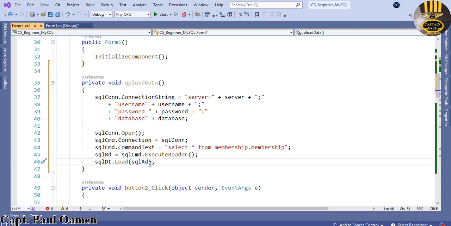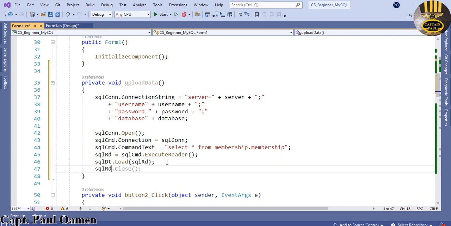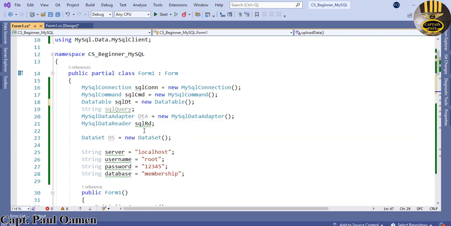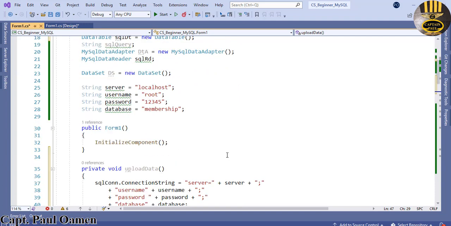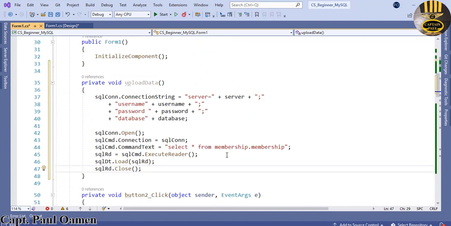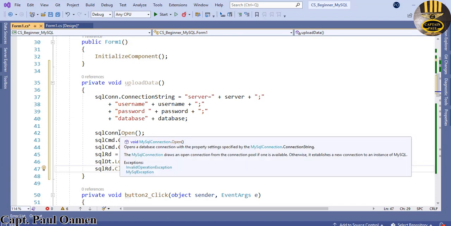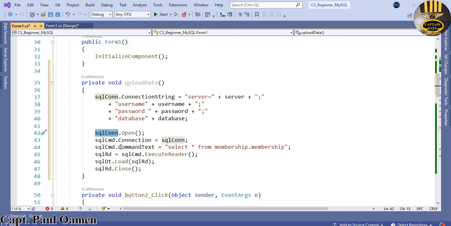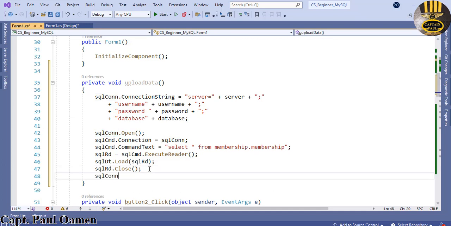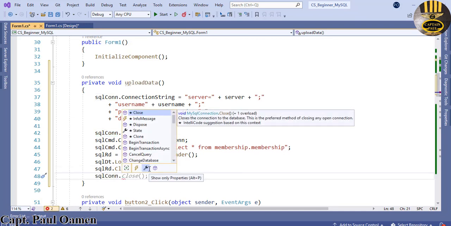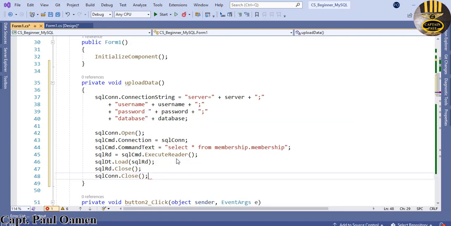Now that the reader is loaded, we also want this reader closed. SQL reader dot close. That is it right here, reader. There we go. We'll just close that as well. Okay, now the next thing we need to do is, since we've closed that, we also need to close the connection. So this is a connection there, SQL connection. That must be closed, dot close. Once that is closed,